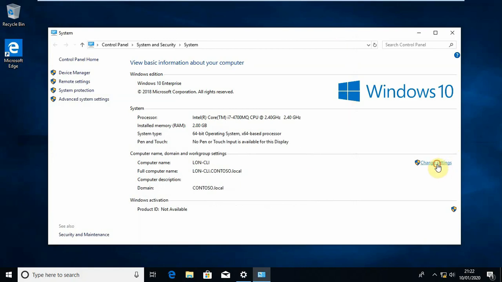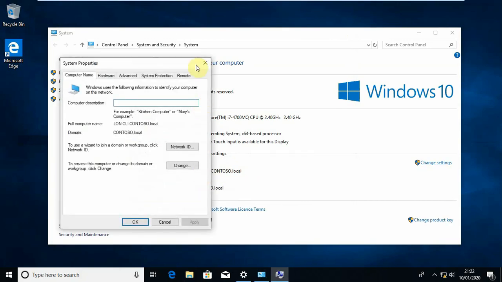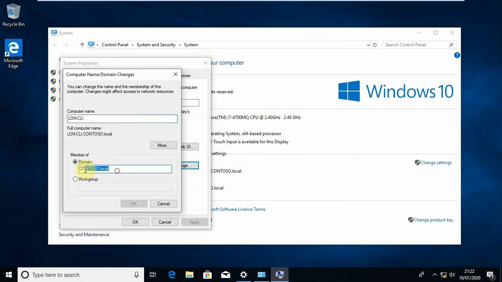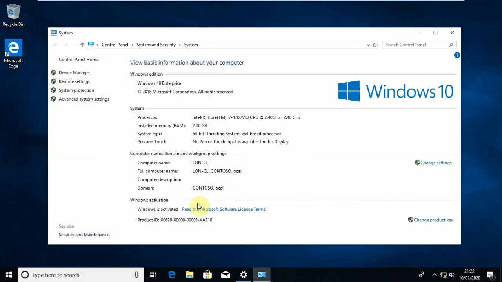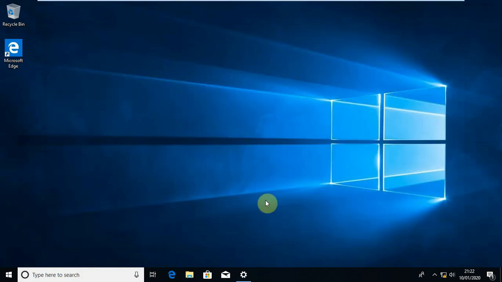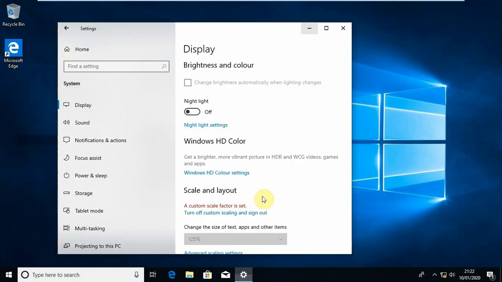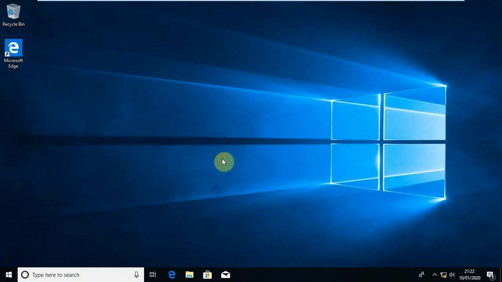You see here, without going anywhere, it's still there: London, Contoso, and where this member is. Now the full computer name is London client.contoso.local, so it has this name as well. Sorry for being stuck because of this virtual thing. So that's how